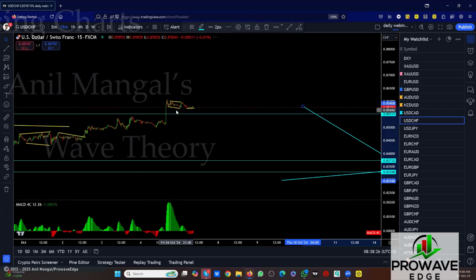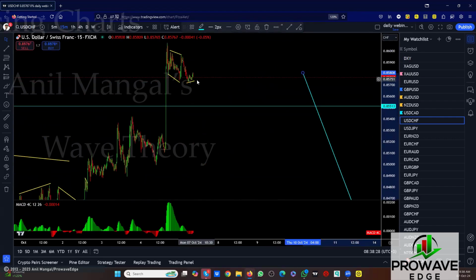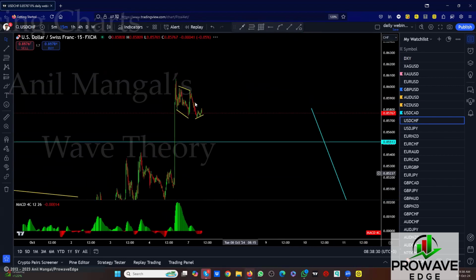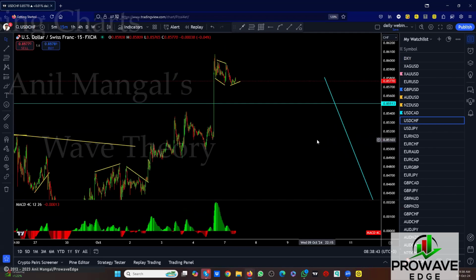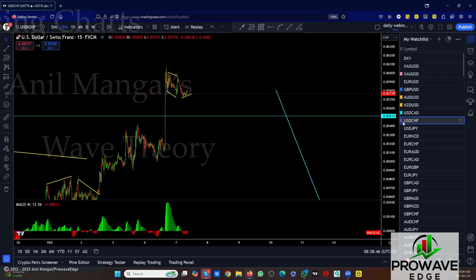So if you want to take a risky trade to see whether it's going to drop, this could be a small 5-minute one. Keep a stop above here because should that go back up, it's going to go straight out of the structure. Then it will become a buy. This is a pretty high risk. It's a 5-minute flag. Some of you can do it, so I'm not worried about that. It's worth taking. So I'll put this in active sell, not for YouTube.